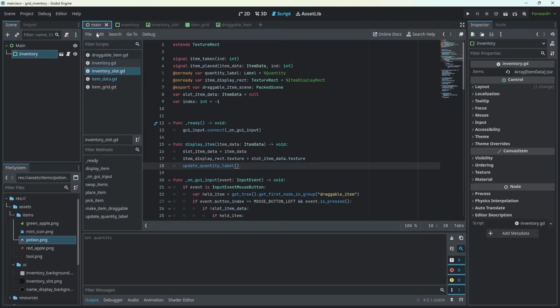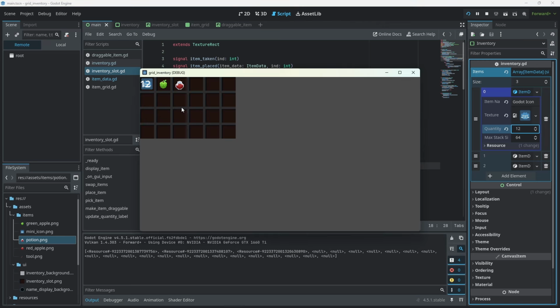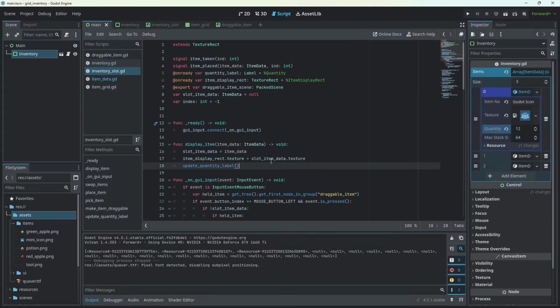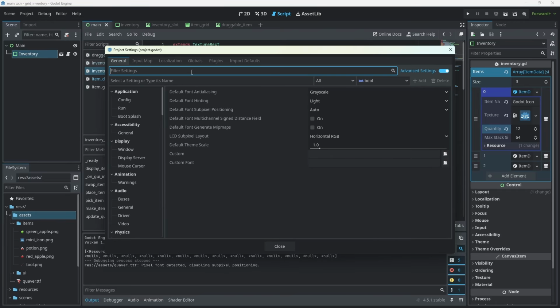Now if we go into our main scene, click on the inventory, and in here where we have our items, we'll change the quantity of our Godot icon to something like 12 and run this. We're going to see a huge 12 being displayed on the slot. Amazing. Now, to fix the number label being so huge, let's go into our project settings and type in font,